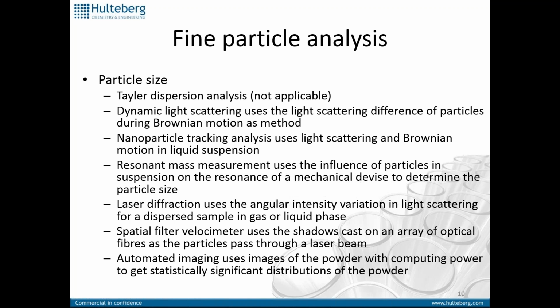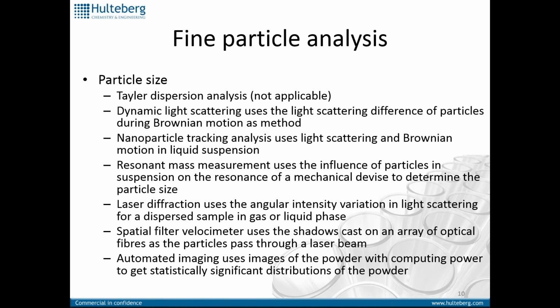Resonant mass measurement uses the influence of particles in the suspension, as well as the resonance of a mechanical device, to determine particle size. We have laser diffraction using the angular intensity variation in light scattering. And spatial filter velocimetry uses the shadows cast on an array by passing the particles through a laser beam. And finally, automated imaging just takes a lot of pictures of a sample and finally gets us a statistically significant